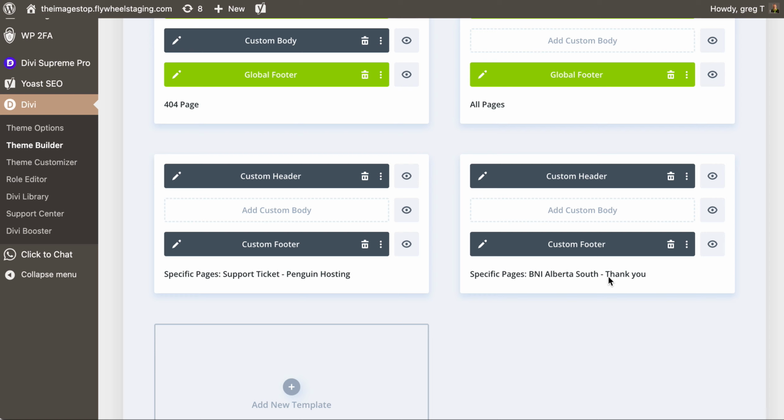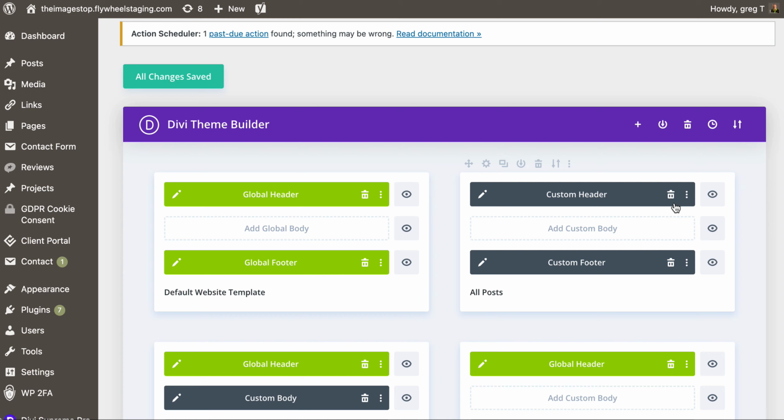Why? Because I've used my website for landing pages for some other things. So I've created headers and footers that mirror other sites, and in this case, it's for when people book a meeting with me through BNI, which I am a regional manager for. That way they get the customized thank you page. And I just created it here on my site because I could. So let's go in how you create your own header for your